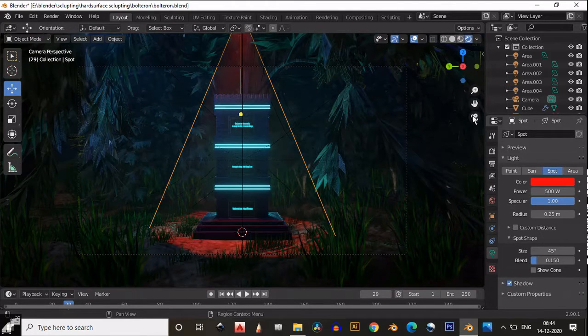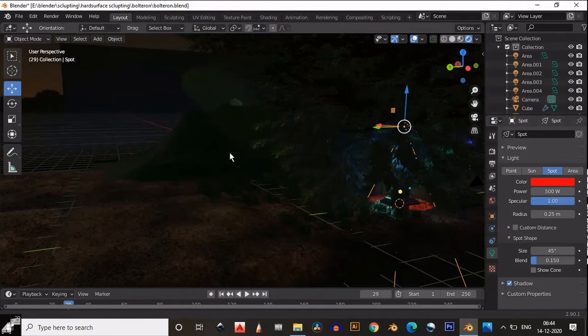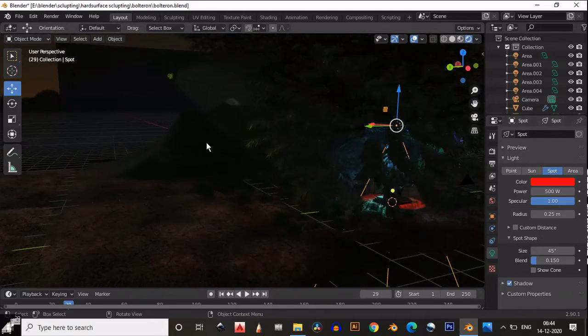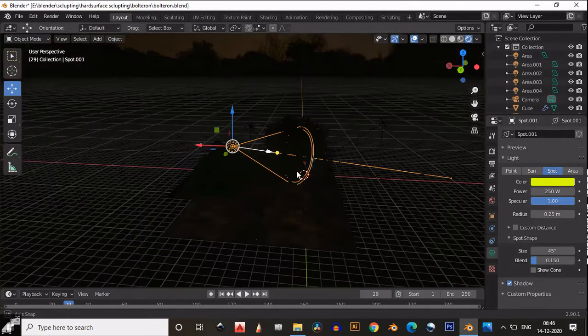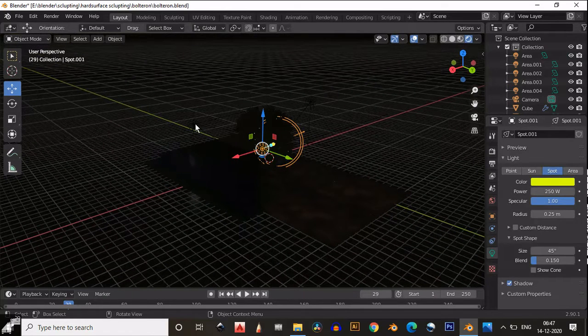And then if I come out from this scene, so here are 2 lights which are from the back side, and its intensity is something around 250, and its intensity also 250. So I use these 2 backlights.